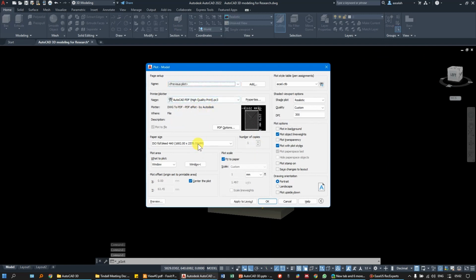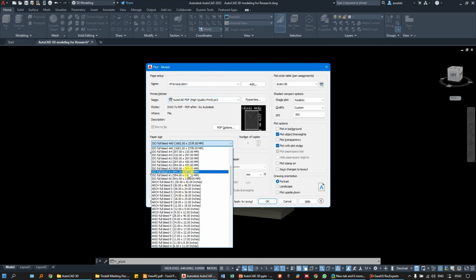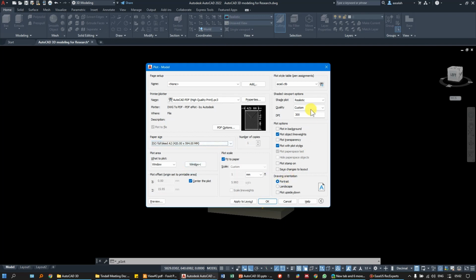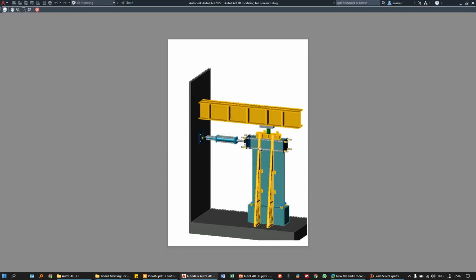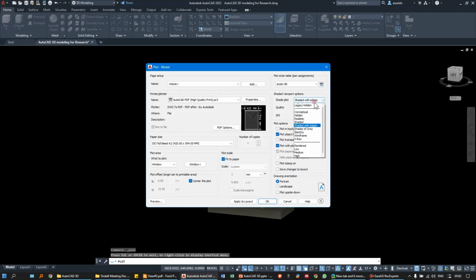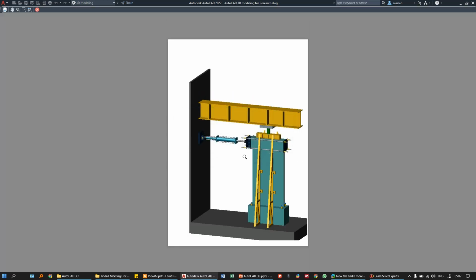I can keep this, but change this into A2. I think A2 will work. And I can use now, let's use shaded with edges. Review, this is what we will get. But let's try again this one, shaded. Yeah, I feel this one is better,